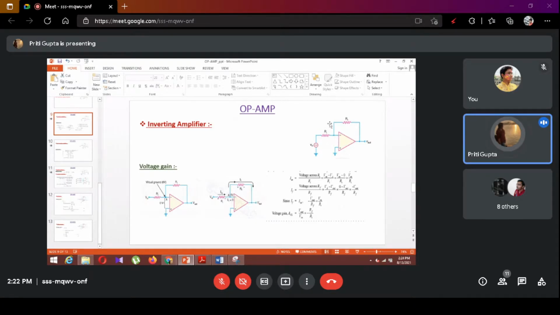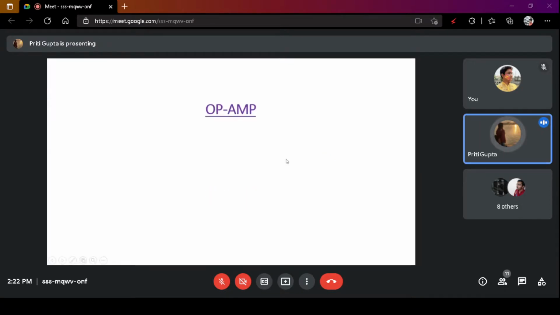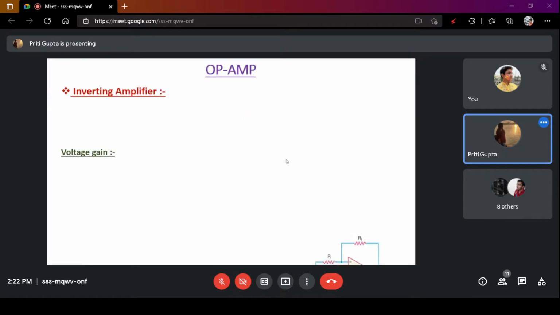Now draw this inverting amplifier figure, okay? Draw this figure. We'll do some problems. At first, let us do some easy problems. Once you are done, then we will go to some tough problems. At first, draw this figure. This is problem number 1.